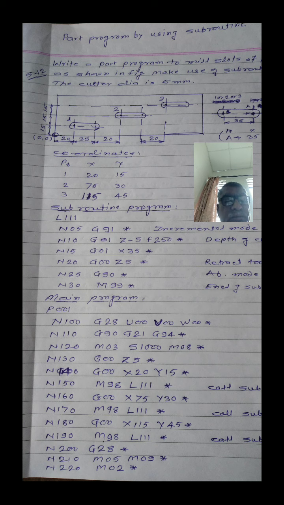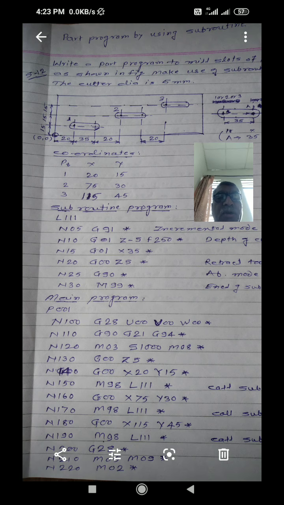Is it clear? Now your tool is at machine home position. You have to call it where you want to start the operation. First, move the tool along the z-axis, that is above the workpiece surface. Is it clear? So that it will not touch the workpiece surface while moving from machine home position to the starting point.